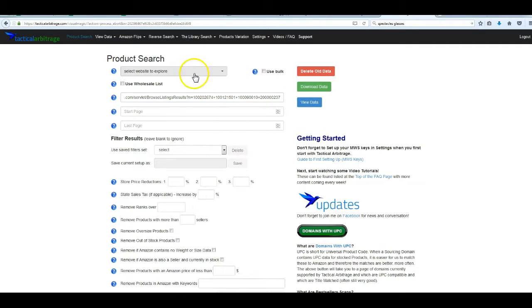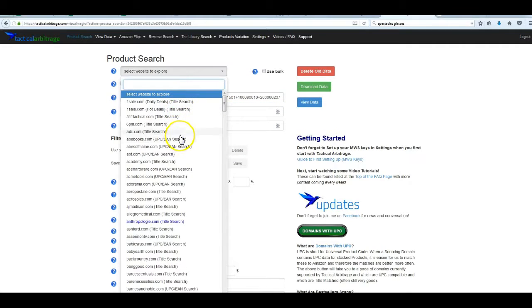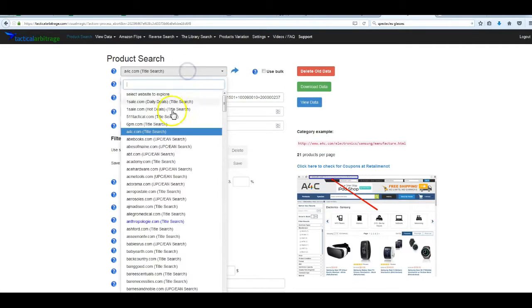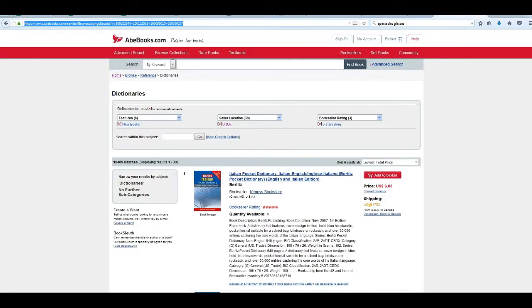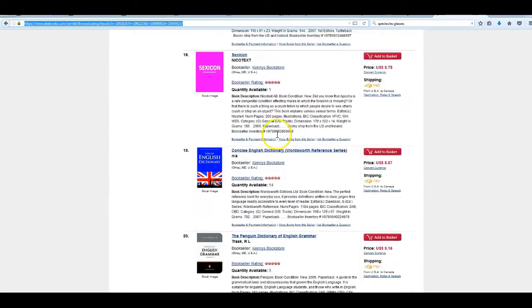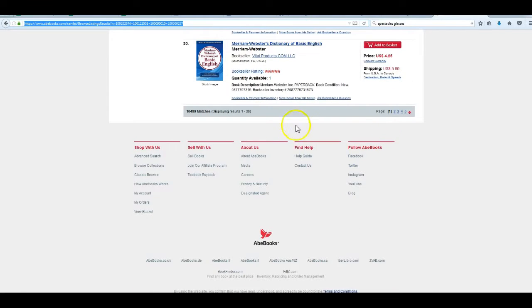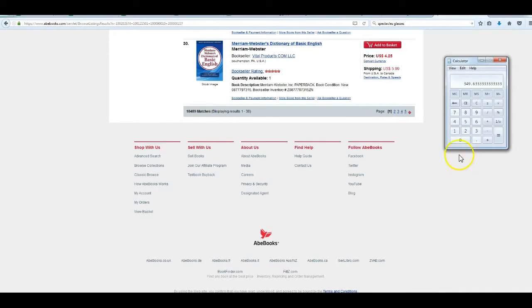So we paste it in here. We need to select Abe Books. Again, that's not the right store. And now we're going to pick our start page and our ending page. So we're going to start on page 1, and to see where we end, they actually don't tell you how many pages there are. But we know that it does 30 items per page, so we'd have to take this number and divide it by 30. So if we take this number, 10,489, and divide by 30, it's